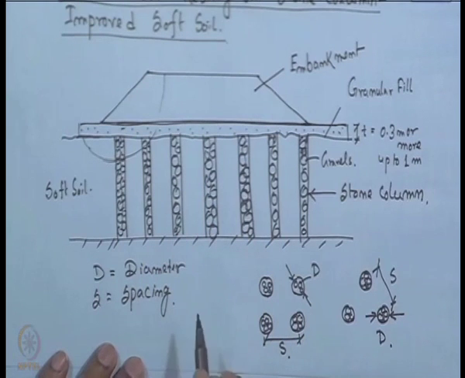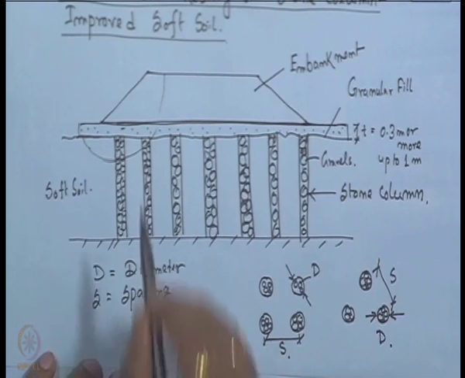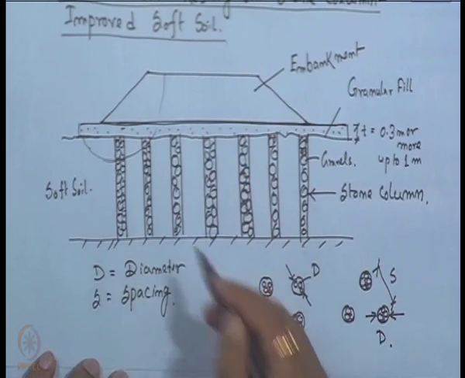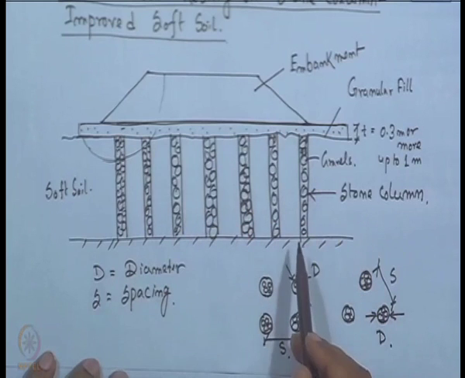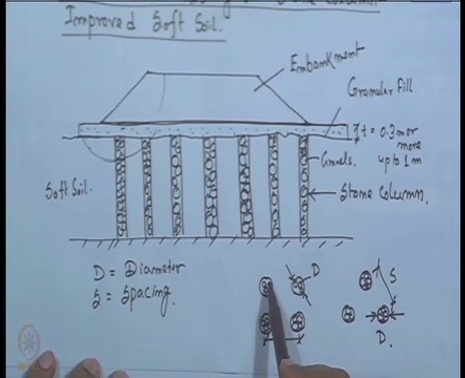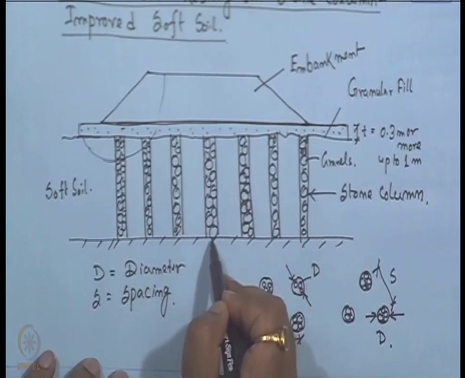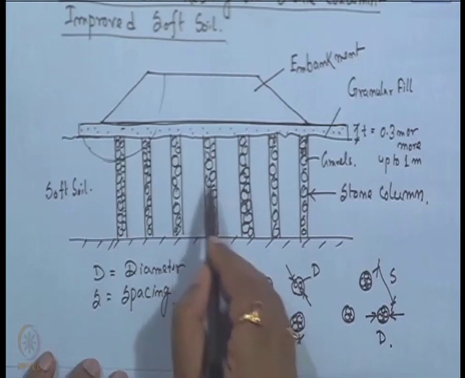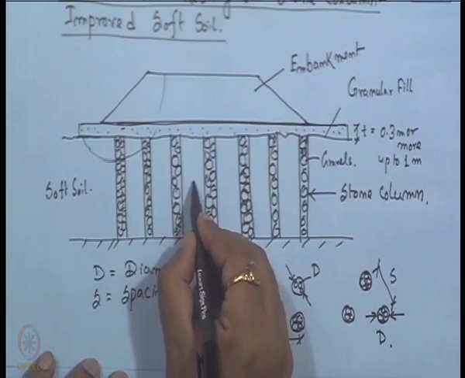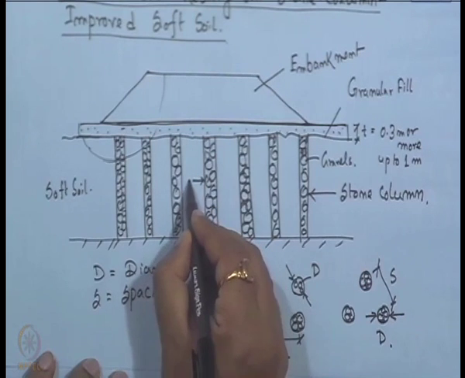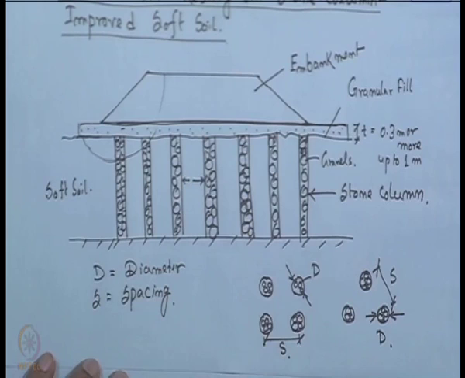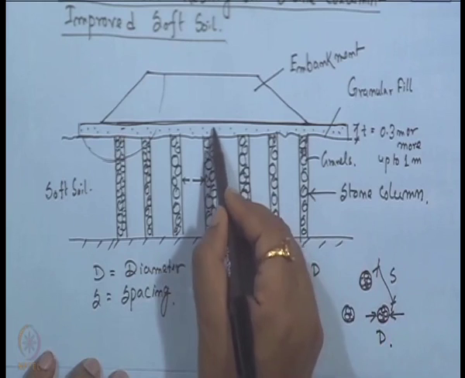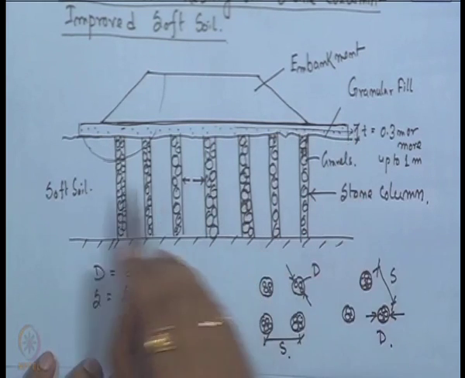And the fourth one is also very important. We know that soft soil has very low permeability, and consolidation will take a huge time to consolidate the total ground. If we use stone columns, which are made up of stones, the voids between these stones are very high. So, the water will try to enter into this column, go in the upward direction, and we can collect this water from here and remove it.